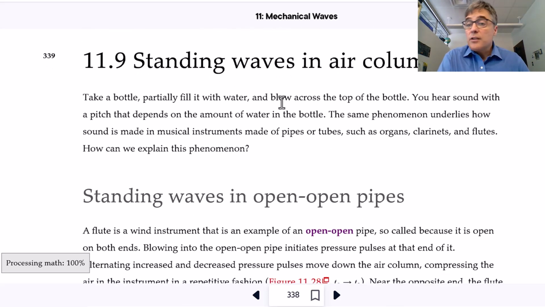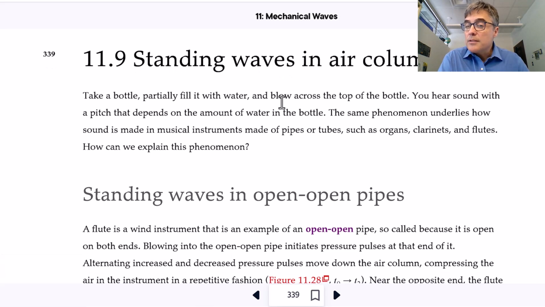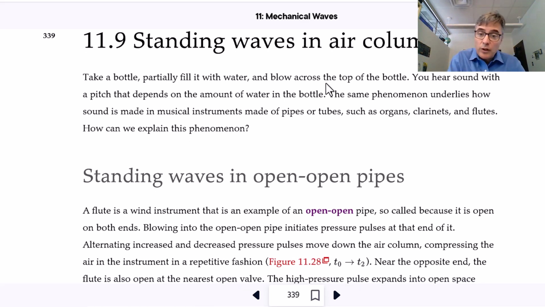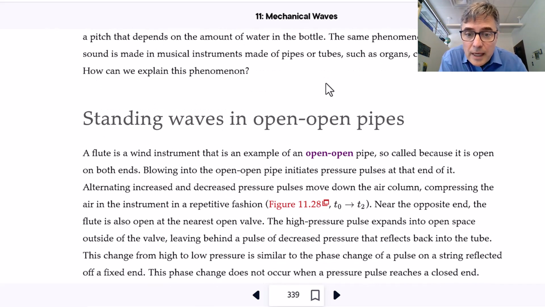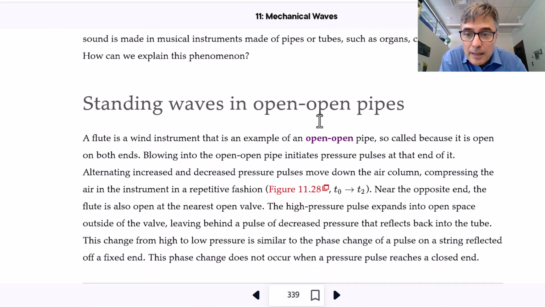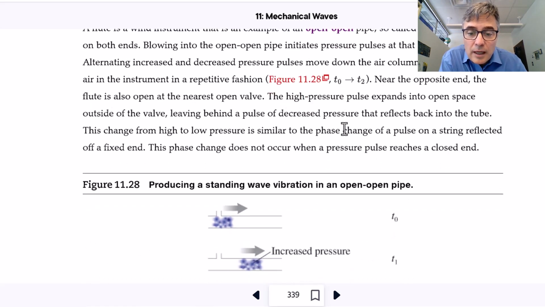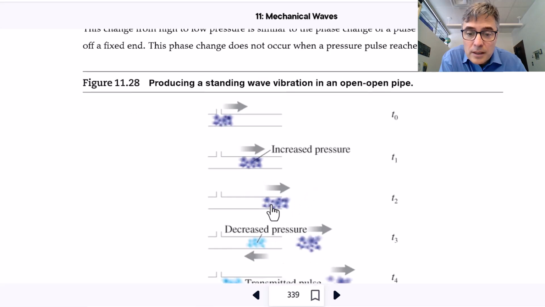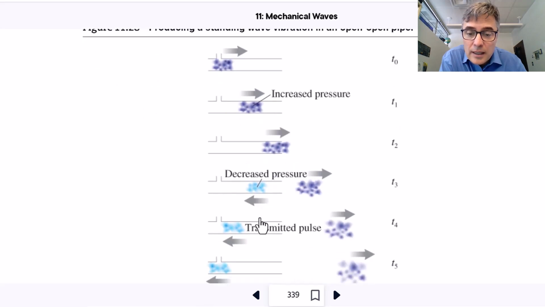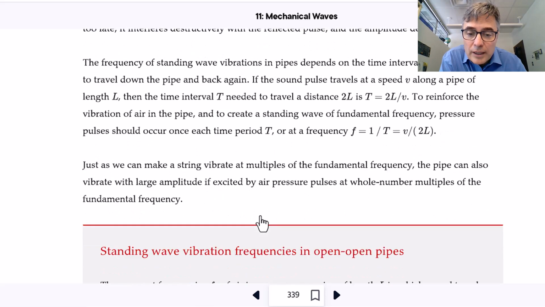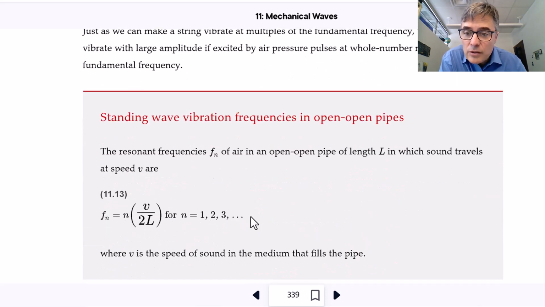So the next section is also about standing waves, but now it's about standing waves of sound. So we did standing waves for transverse waves on a string. Now we're doing standing waves for longitudinal waves of sound. And in this case, what you need is a pipe, and they start off with open pipes. But basically, when there's a sound wave inside a pipe, you can set up a standing wave. There's reflections off the ends. And it turns out you can get